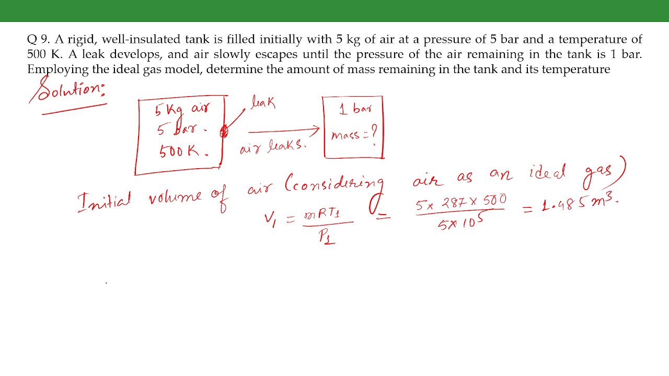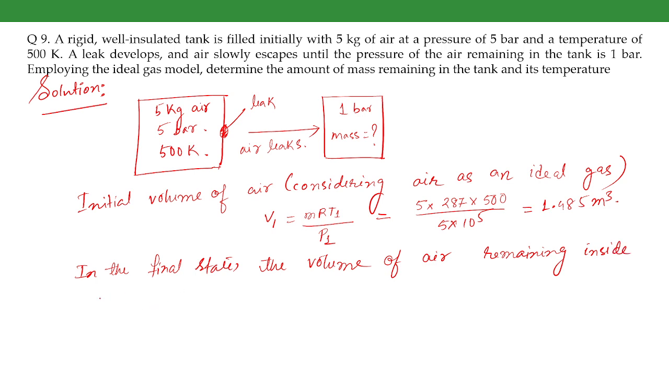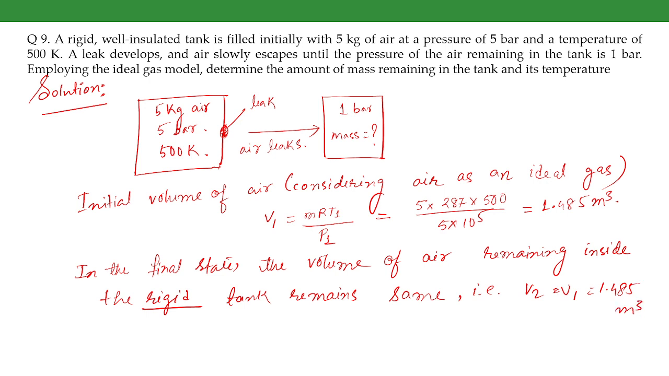In the final state, the volume of air remaining inside the rigid tank remains the same as V1, that is V2 is equal to V1, which is 1.485 meter cube. Okay,